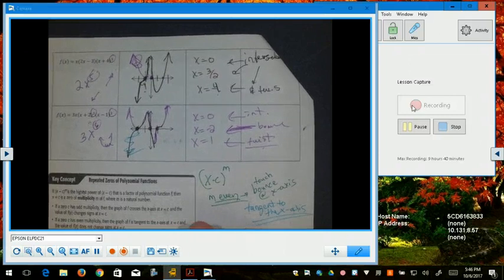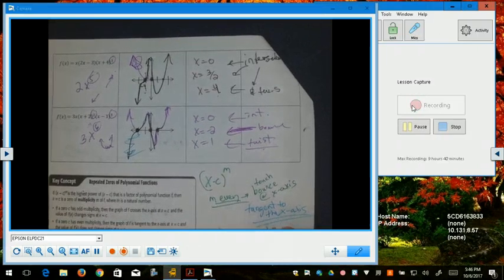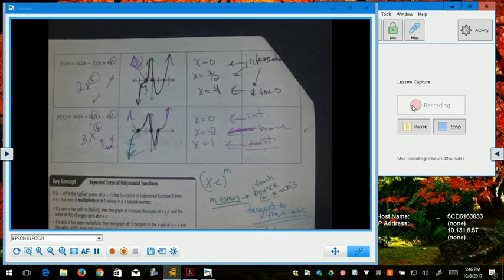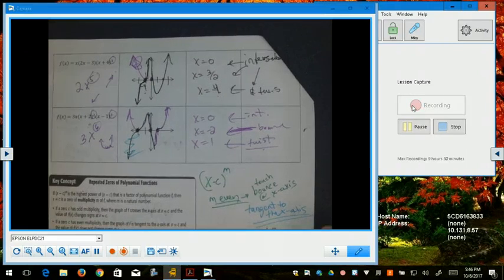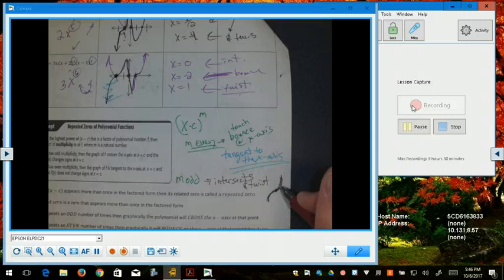But if m is odd, then it does something else that's unique. It intersects and it does a twist. A little odd twist. So if it was kind of curving this way, as soon as it hits that 0, all of a sudden the curve is more concave that way. So it was concave to the right, now it's concave to the left as it hits that 0,